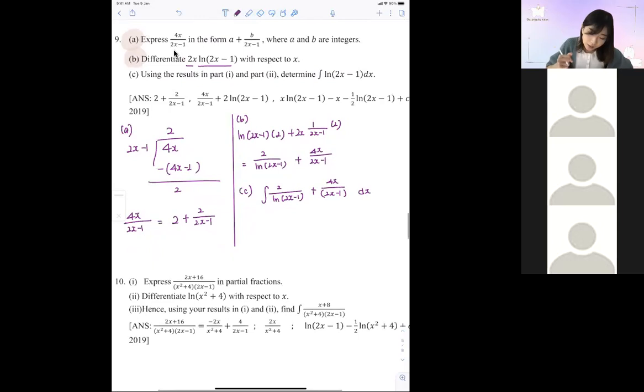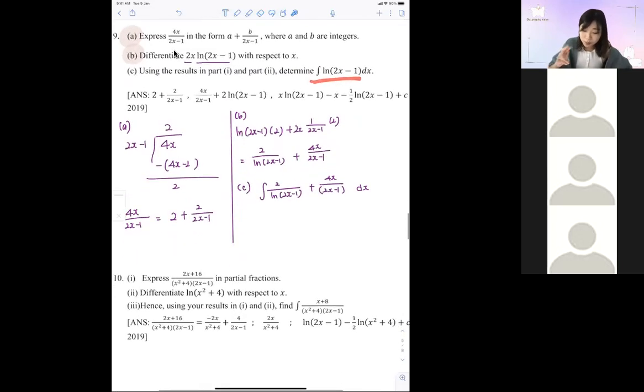Okay, and then 1 by 1. So they asked me, right? They only want the ln 2x minus 1. Okay, this time round, we need to do splitting. So can you guys see that I only want, right? I only want